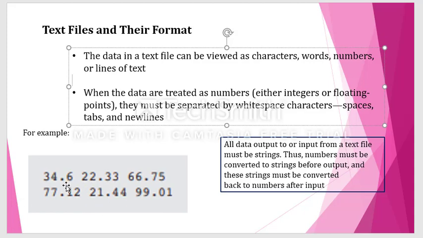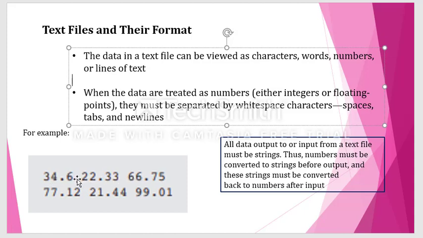When we have only integers or only float values in a file, then we need to separate the values using some parameter, either comma or space, or tabs or new lines, whatever you take as a parameter to separate the values. Some people may use a comma to separate these values, 34.6 comma 22.33 comma.